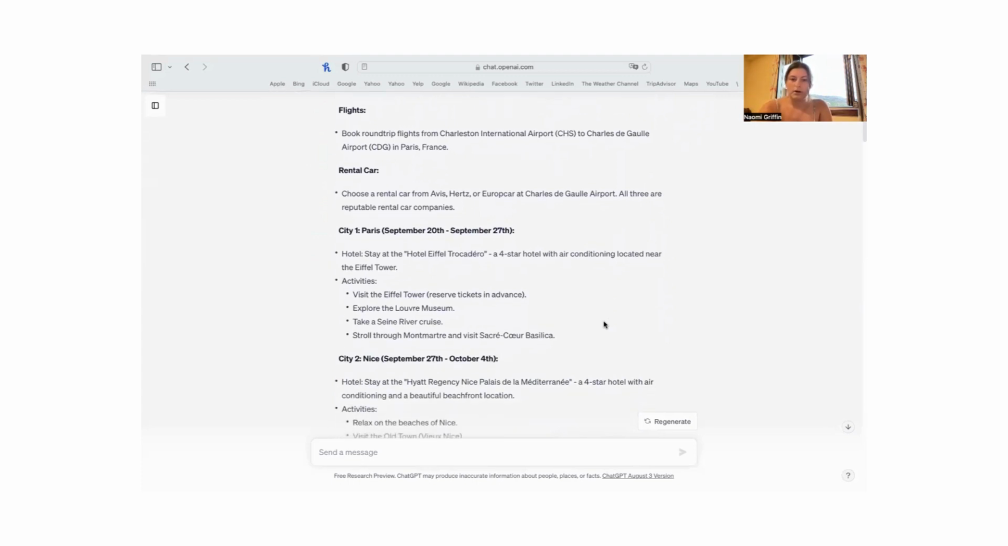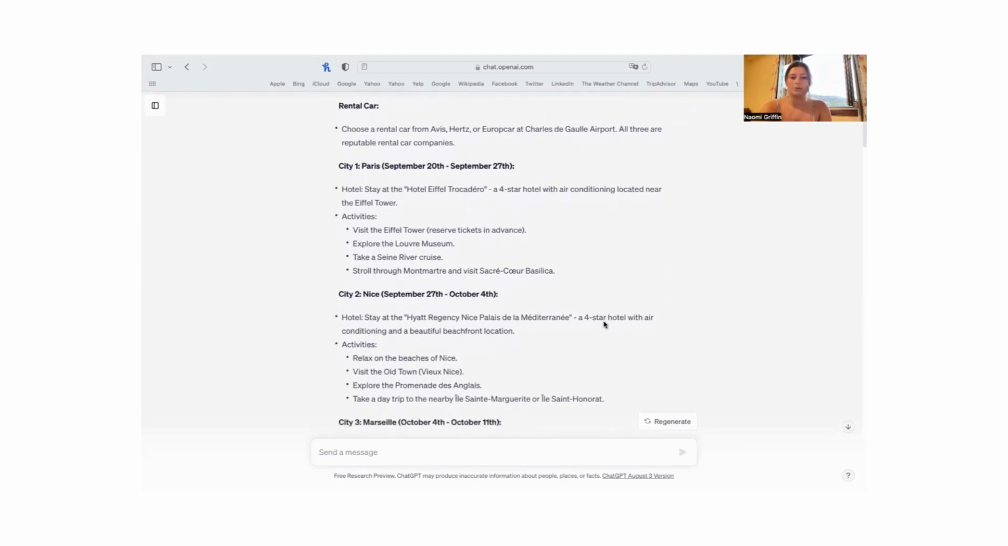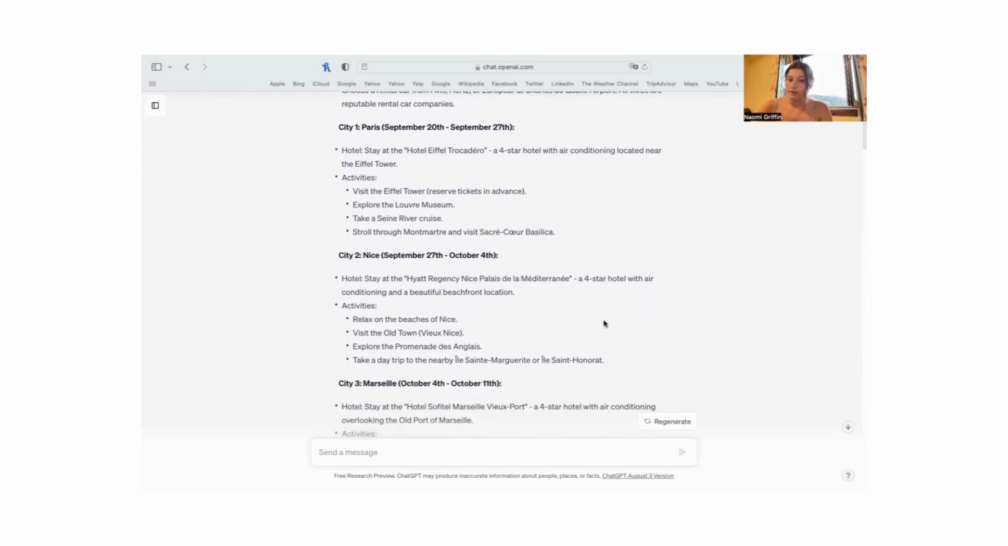It tells me which car rentals I should choose from based on its recommendations, and it tells me exactly what hotels I should stay in. So it wants me to stay in a hotel by the Eiffel Tower, likely because I said that the Eiffel Tower was a condition. It's a 4-star hotel with air conditioning, and then it gives me a short itinerary for